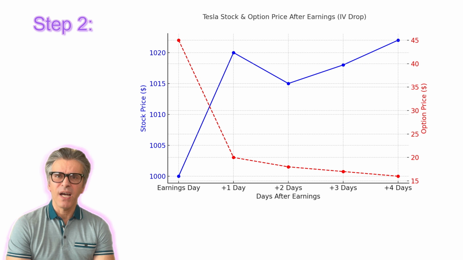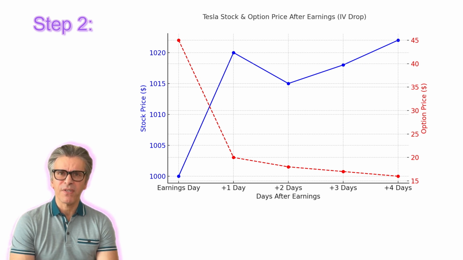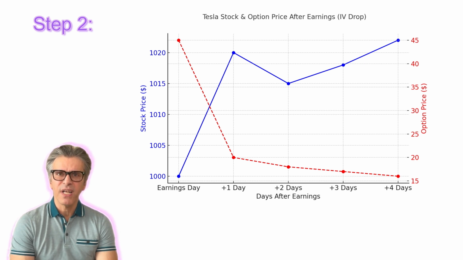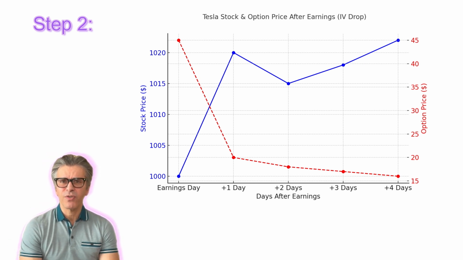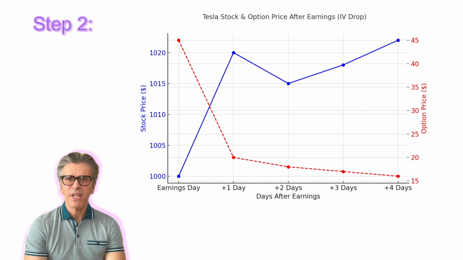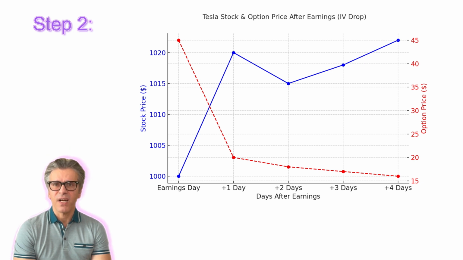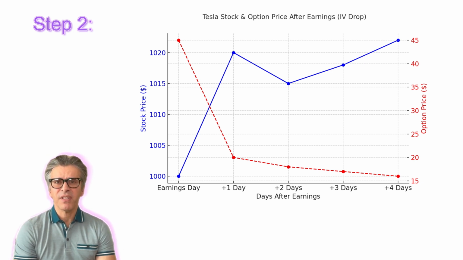As you may realize, even though IV dropped to 50%, which is 30% less than the IV before the earnings announcement, the premium dropped almost 56%. And that's how smart traders who understand the concept make the most of it. Even though Tesla's stock price moved up, the option price collapsed from $45 to $20 due to the IV crash. This is why buying options before earnings is risky unless you expect a huge move.